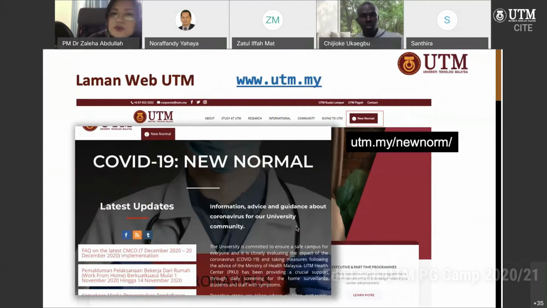When you go to the UTM main website, you will find there's a menu called New Normal. There's one button there, New Normal. This button represents all the information related to the movement control order.